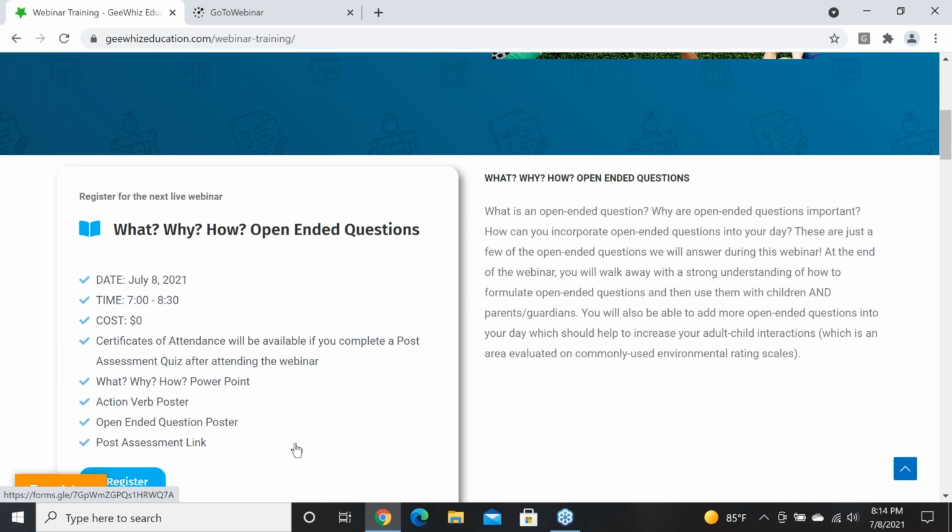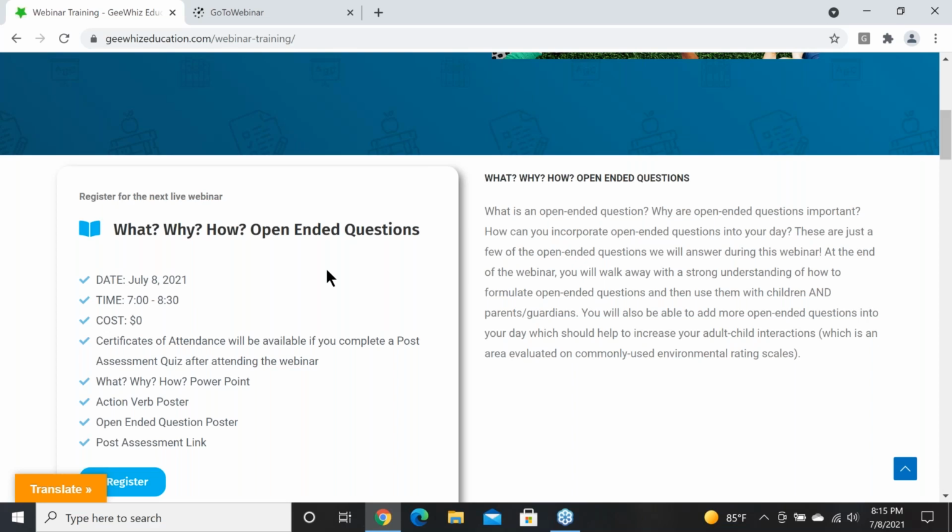So once we end the webinar, I will go in and turn it on, and you will be able to do the post assessment. Like I said, once you get to the end of it and you hit submit, pay attention, because you're going to see a big, long address, like you do up here in your search bar, that has the PDF to the certificate of attendance.